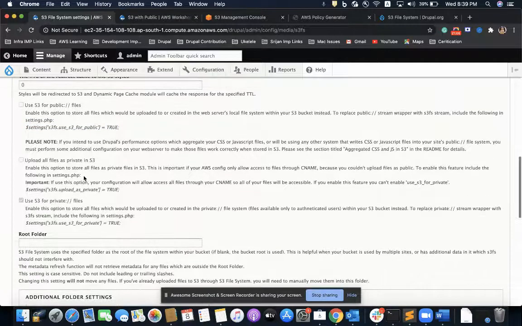and then I would have to configure this to upload whatever I am uploading as private, because by default, even if I upload anything from this S3FS module, it uploads everything as public.